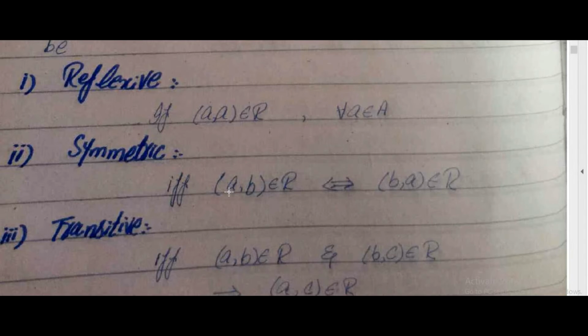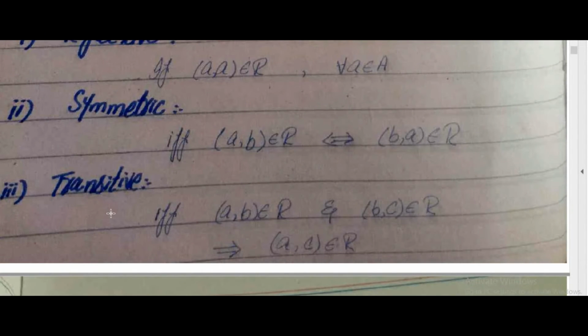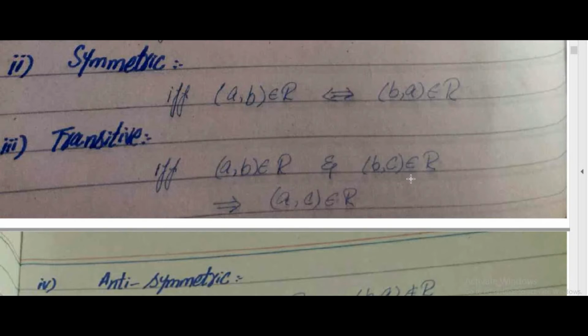Okay, class, here it is a little tricky, because we say "if and only if". It means that if (1, 2) belongs to relation R, then (2, 1) should also be in relation R, and only then it is symmetric. If one condition holds and the other does not, then it will not be symmetric. The next definition is for transitive: if and only if (a, b) belongs to R and (b, c) belongs to R, then (a, c) belongs to R. If we have, let's suppose, the pair (1, 2) belongs to R, and the pair (2, 3) belongs to R, then we say that (1, 3) will also belong to R. (1, 3) should also have to belong to R.